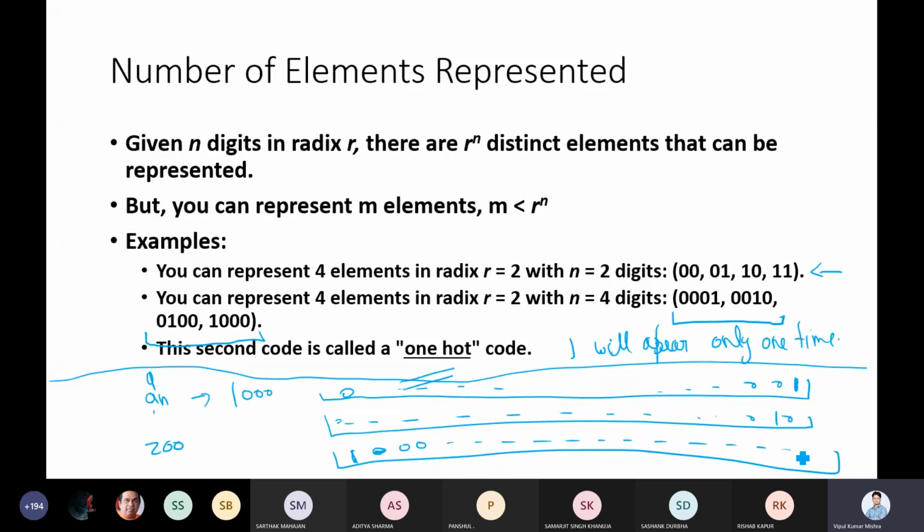This is the way we can represent a word in the system, and it is well known. Later on you will understand this terminology in natural language processing. Over there, every word is represented by a one hot vector. Only one place will be 1, and the rest will be zeros. That is the way of representation. Similarly, there are many other examples as well.